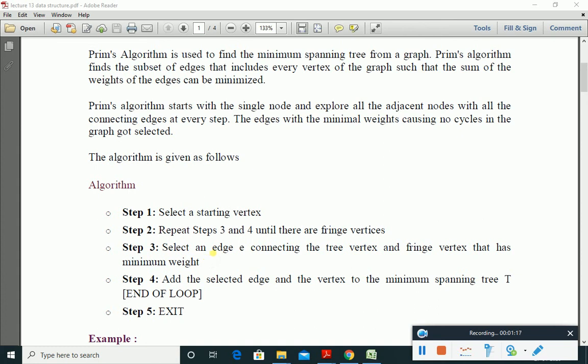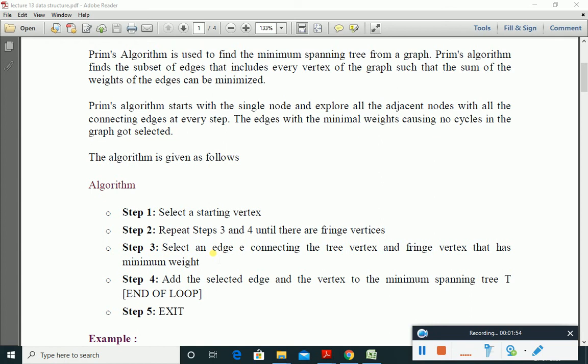Let's suppose we have selected an edge uv. Now after selecting that edge uv, we need to find all the edges which are connected to v, and we will make a set of all the edges connected with u and connected with v, and out of this set we will select an edge which has minimum cost.